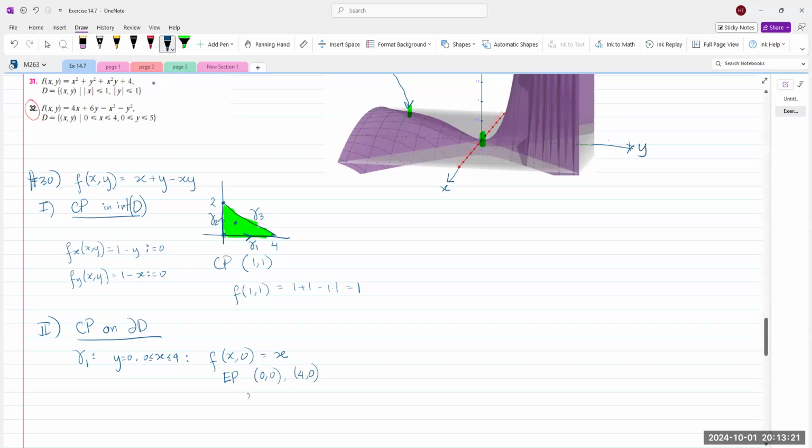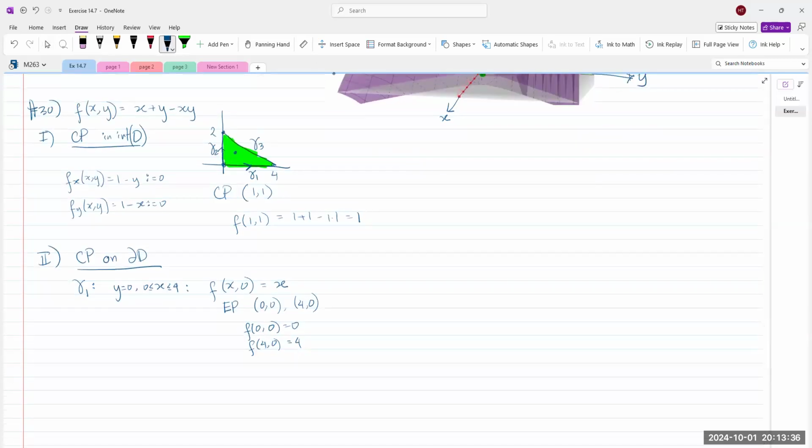The value at 0, 0 is clearly 0. The value at 4 is 4. So actually at this point we have a new local max and absolute max. If I draw it larger so that we have a better view,